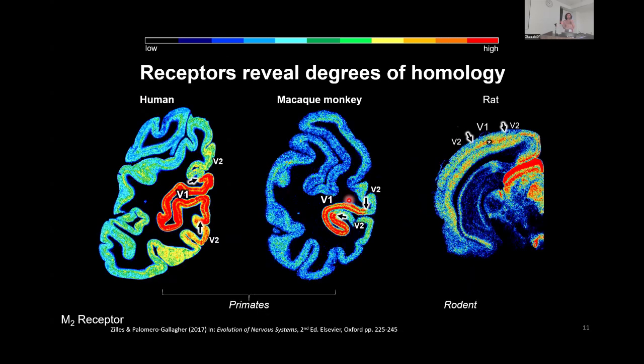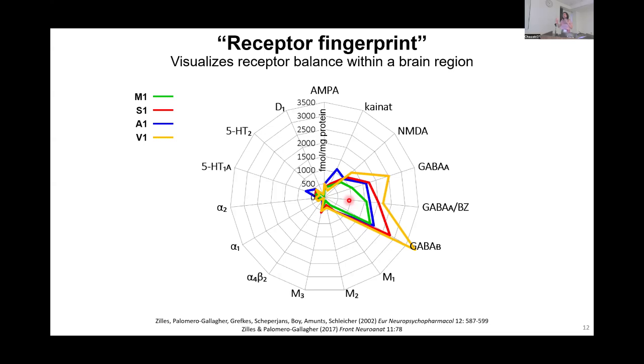And if all of this weren't enough, because the method is fully quantifiable, we can use it also for comparative studies. So looking at different species, and it can provide us a way of really quantifying degrees of similarity of putative homologous areas across different species, okay? And again, highlighting the fact that it is a quantitative method,